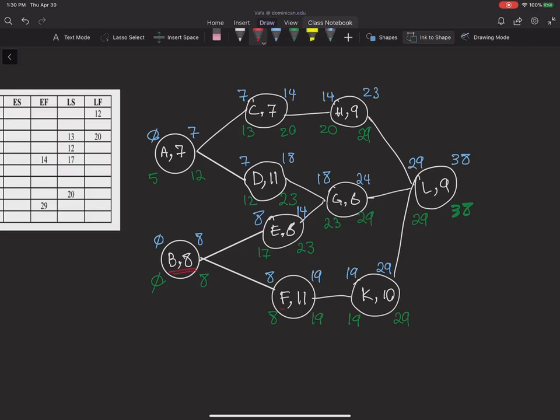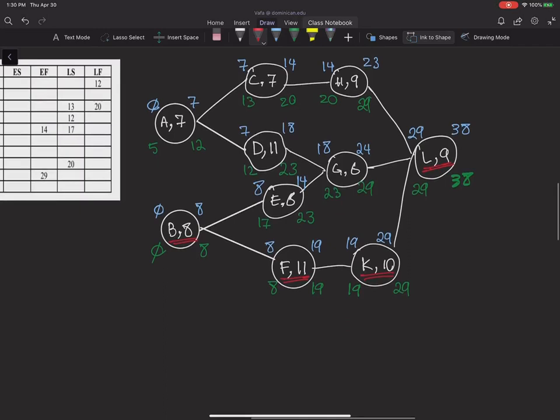B is critical, F is critical, K is critical, and L is critical. All other activities, as you can see, have a slack. So we can say that my critical path was B, F, K, L, and the duration of this